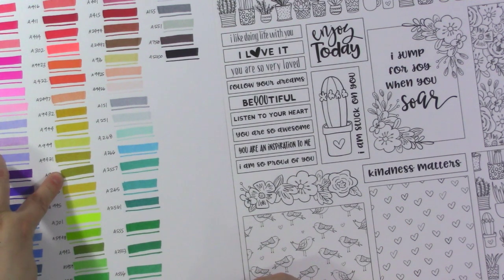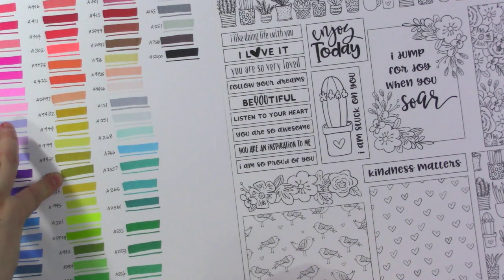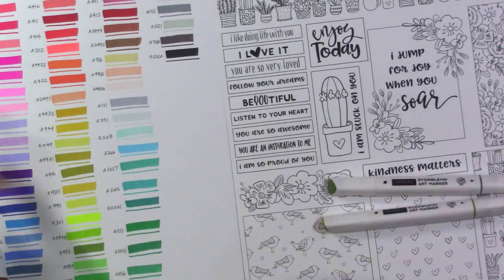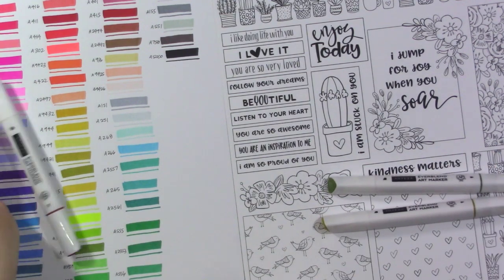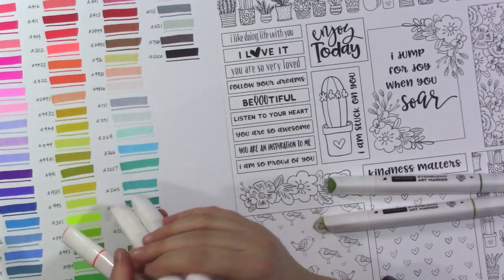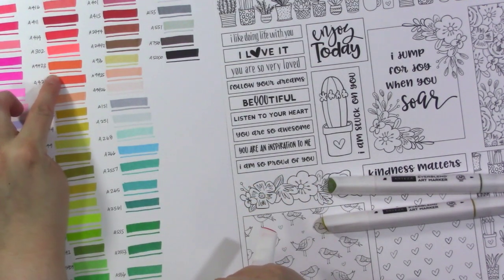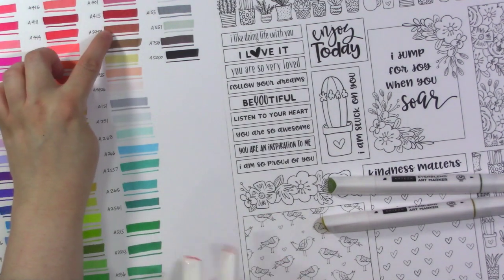941, let's see, and 942, these 2 right here. Okay, and then I am also doing some orange for the pot. I'm going to make it look potted, and so I'm using these 2 for that, and then I also have